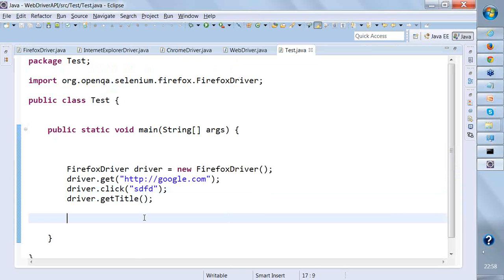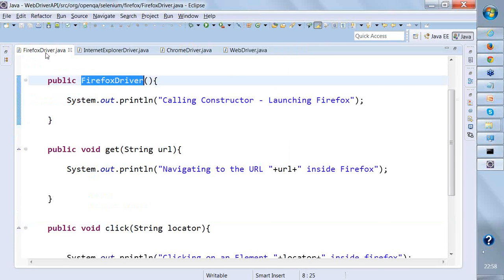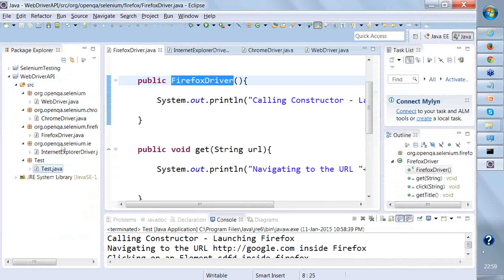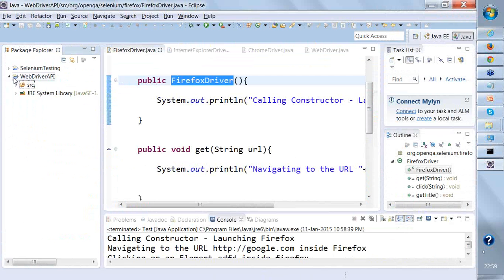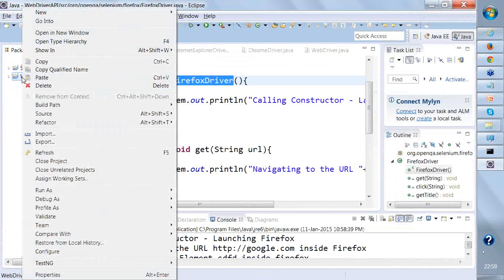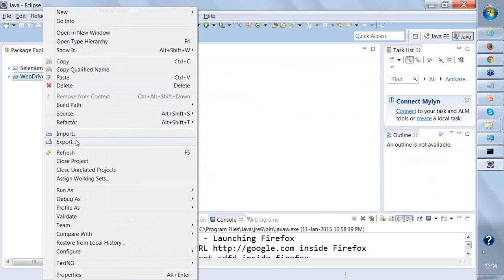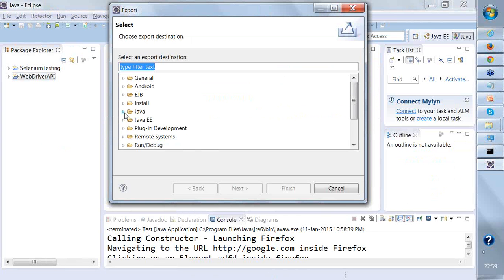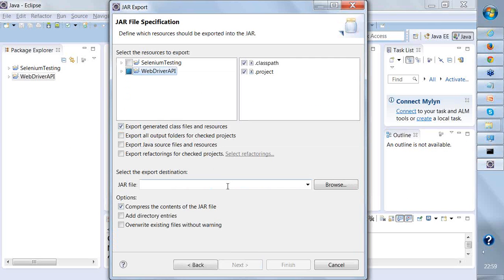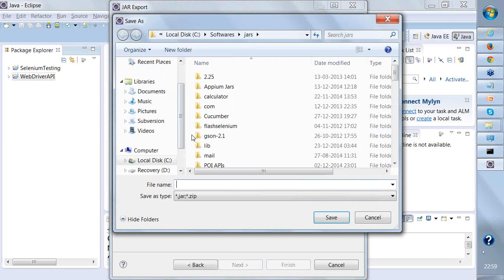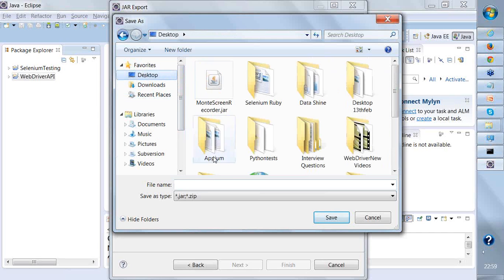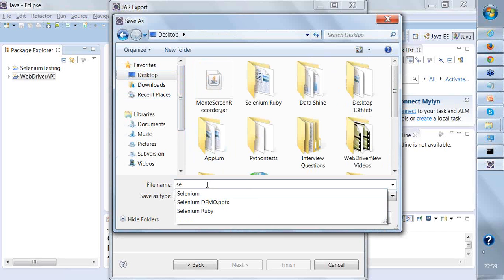Now let's say I have tested this and all these things are working absolutely fine. My entire project is working fine, all the classes are working fine. Now what I'll do, I'll first close all these things, right click on my project, go to Export, click on Java, and select JAR file from here. I'll click on Next. I'll remove these things and go to Browse, go to my desktop, and right over here